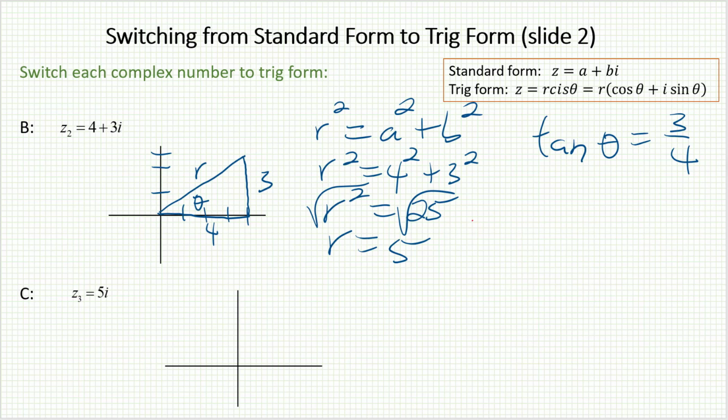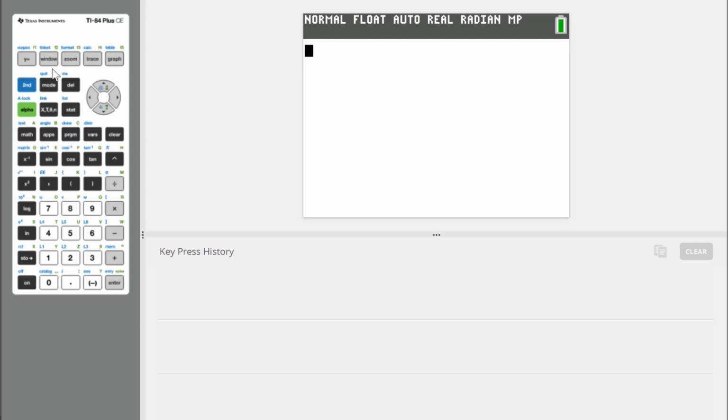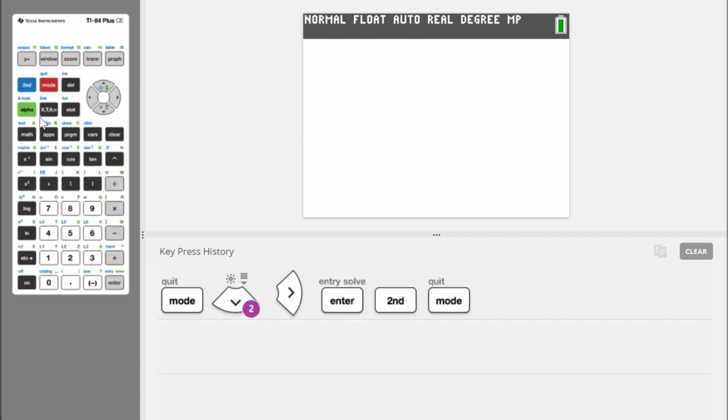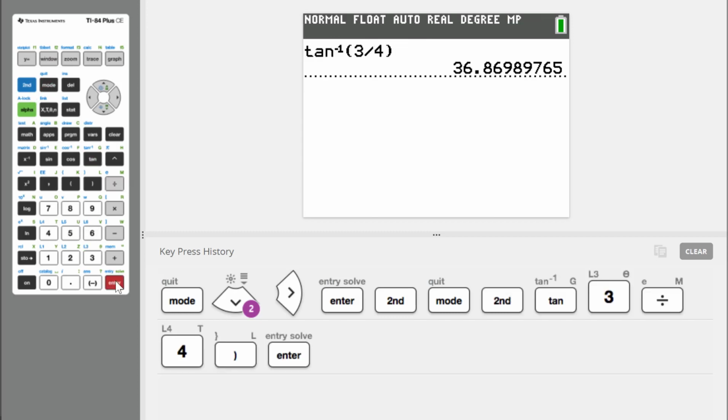And the nice thing in this problem is that I am in the first quadrant, so I know that theta can be found by simply taking the inverse tangent of 3/4. When you go to the calculator, you'll have to pay attention to the directions. Let's say that in this one I'm being asked to give the answer in terms of degrees. Then I would go to degree mode on my calculator, and then I would just type it in. Tangent inverse of 3/4, and it looks like I get about